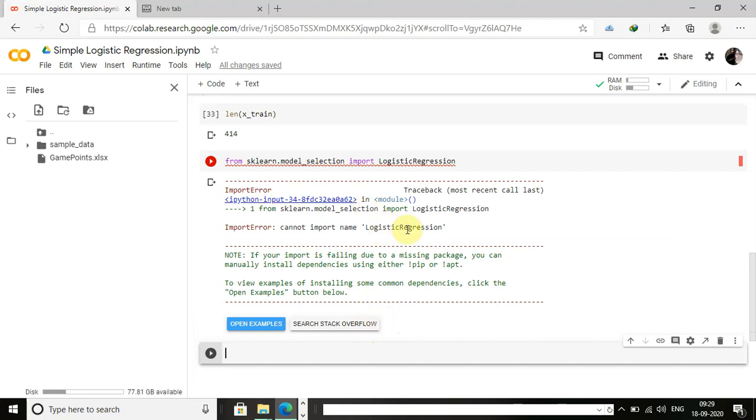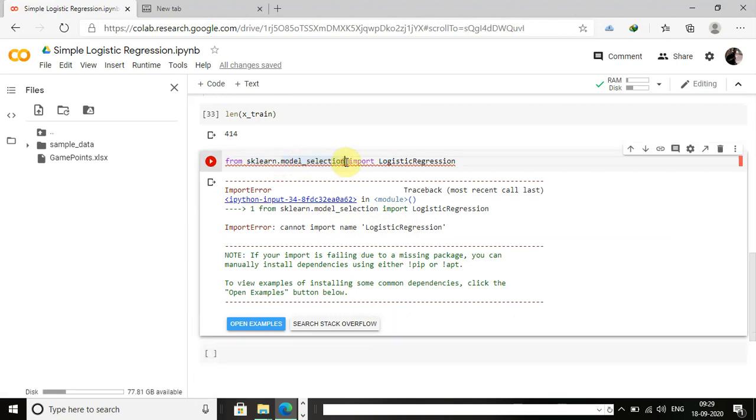So there is some mistake on this. Sorry, not model_selection, we have to mention here linear_model.